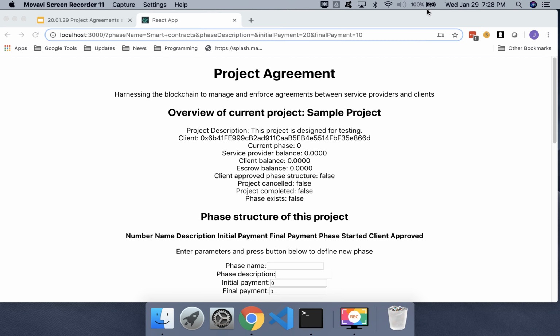I've attempted to develop software that can solve this problem by defining an agreement between a service provider and a client and holding the funds owed under the agreement until specific terms agreed to by both are fulfilled. Let's fire it up and see how it works. The software makes it easy to divide projects into many phases to reduce the risk to both parties, who only need to commit their time and money to one phase at a time.